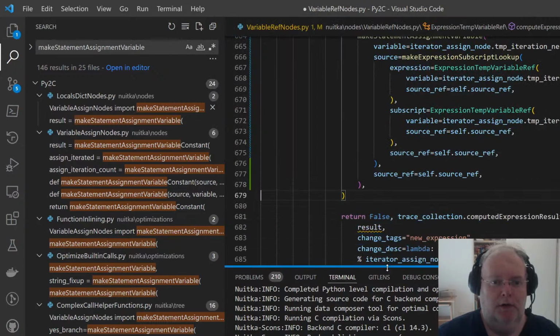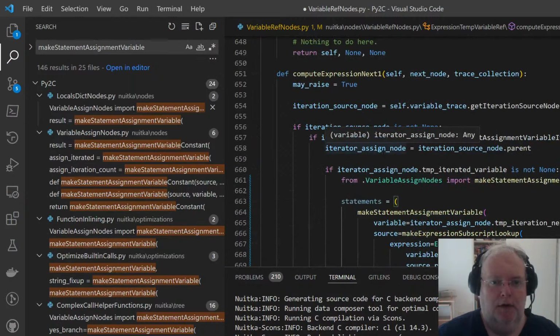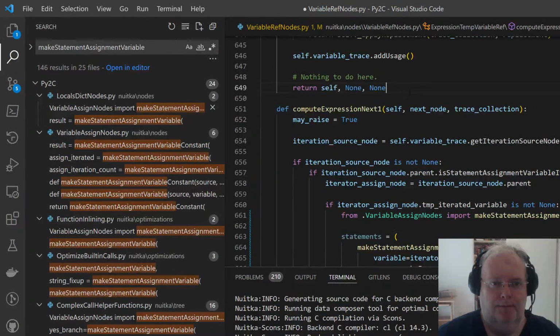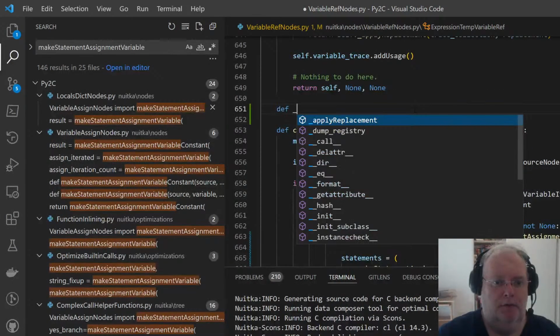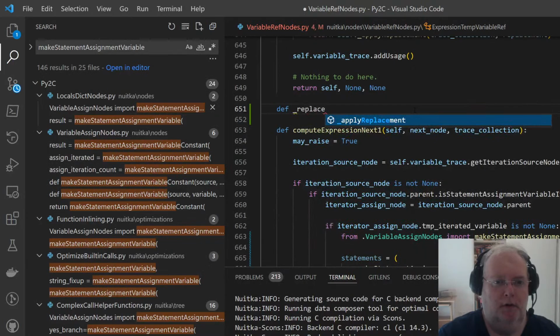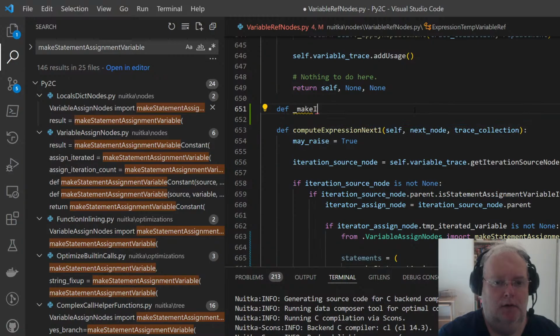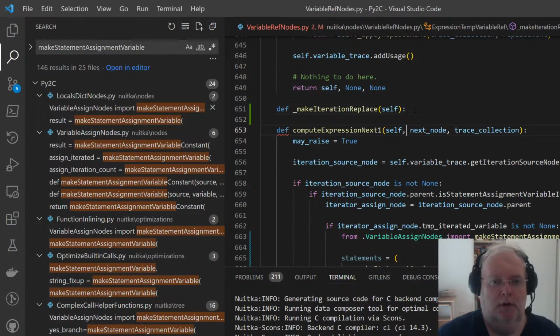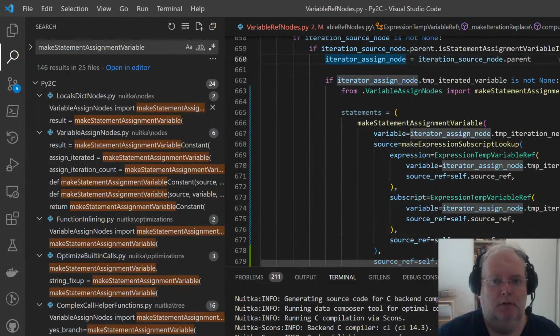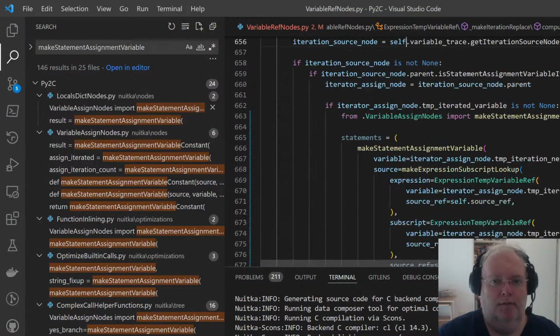I make these super indentations, huh? Yeah. How about def replace make iter, it's a bad name. Let's move this here. Let's use this as an argument.